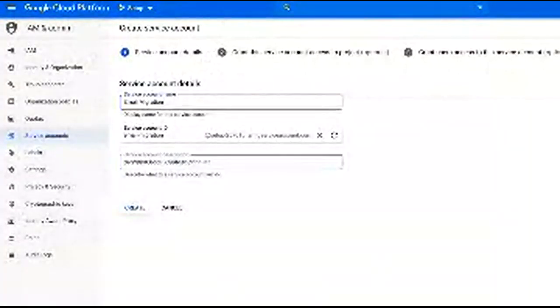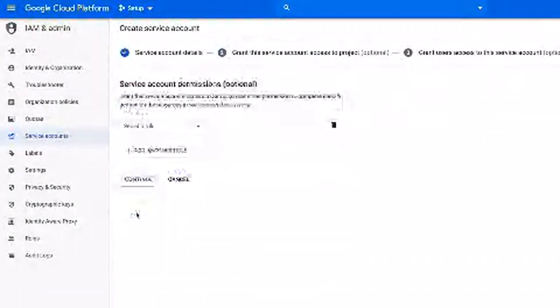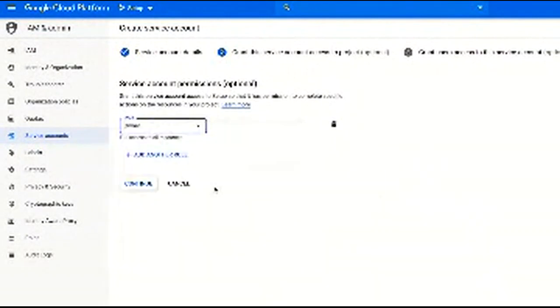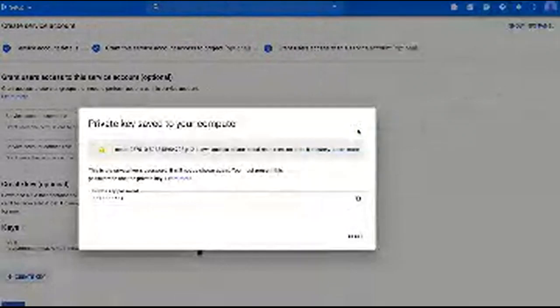Enter a name of your convenience for the project and create a new service account. You can see here that I'm also just entering a simple name and a description, all as per your convenience. This is just for your reference. And click create. After you've created the service account, you're going to go ahead and select a specific role. You're going to select the owner role and you continue. Then you go ahead and create a key. You select the P12 option and click on create.